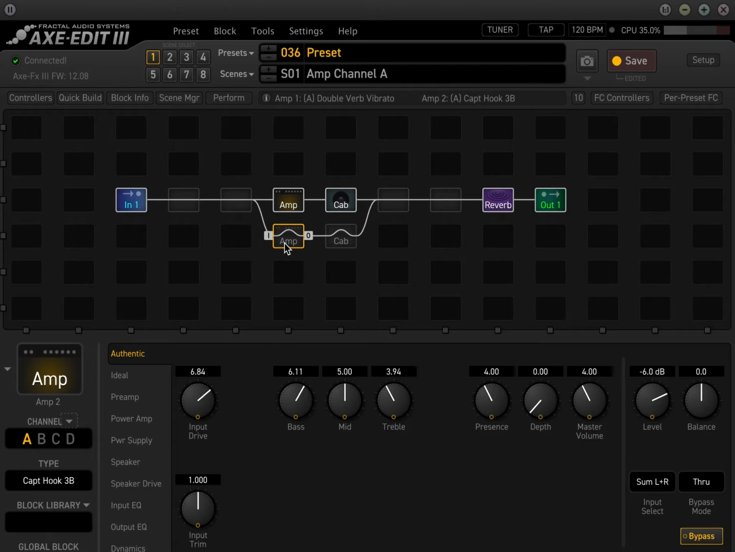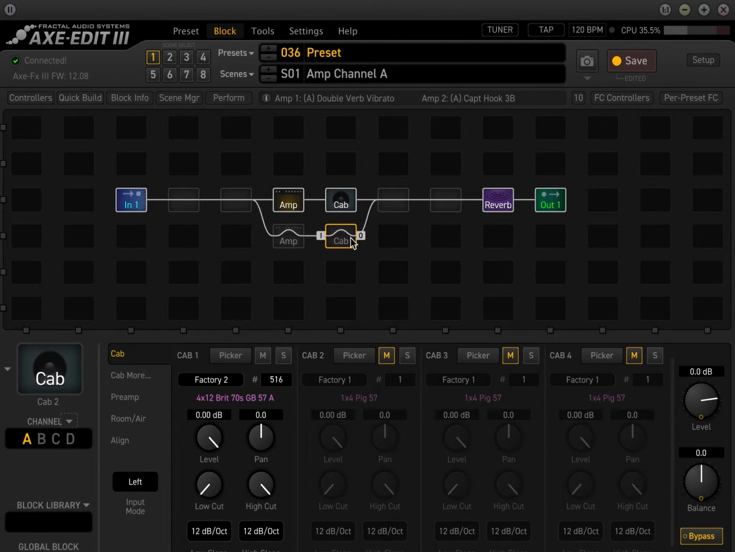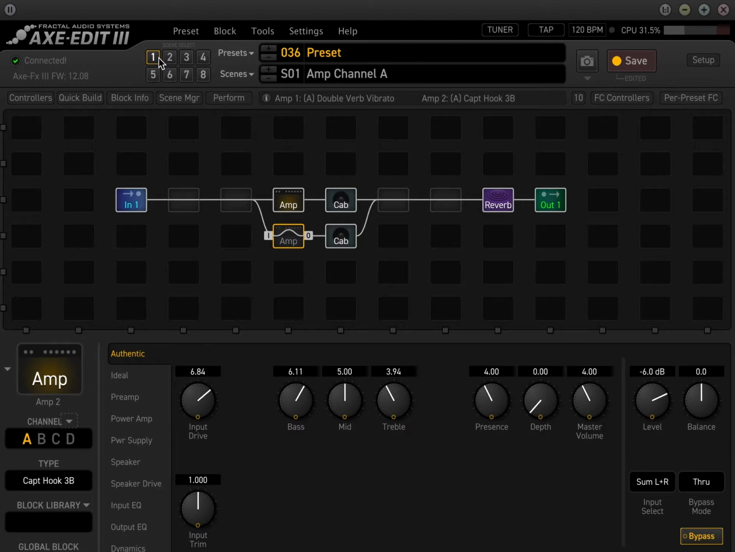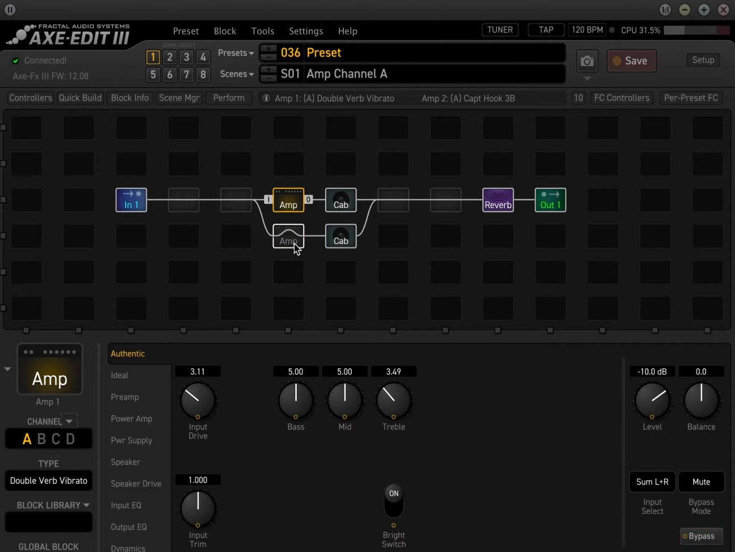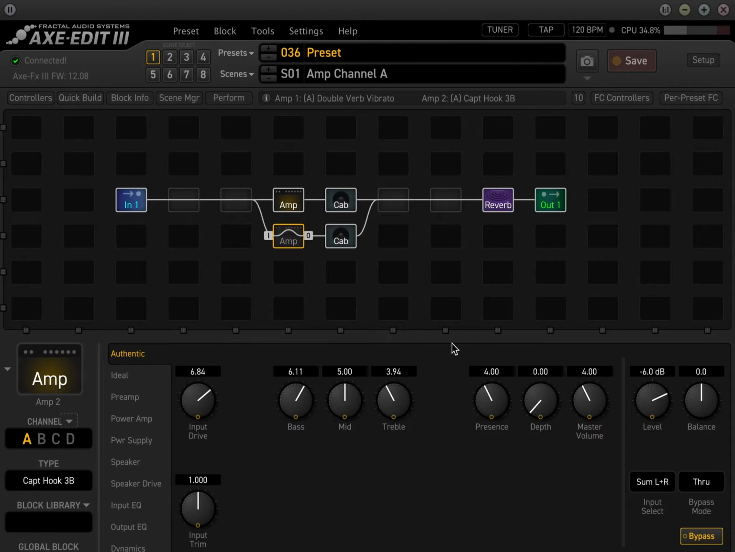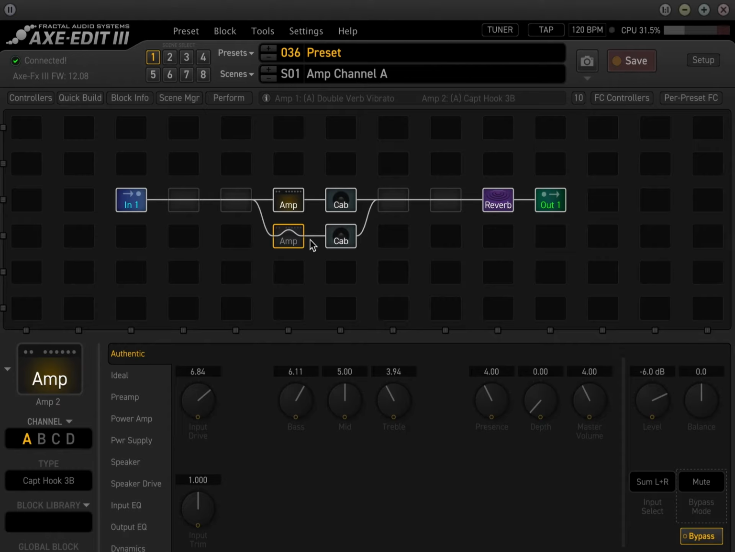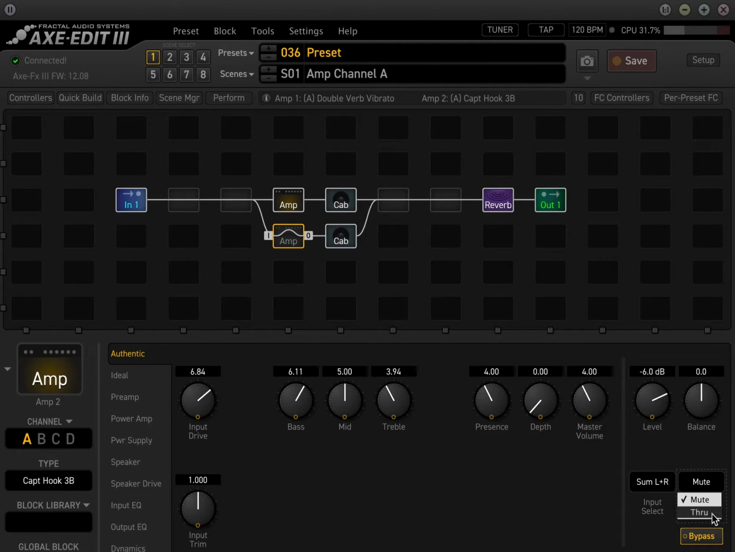And we're going to bypass the amp in scene 1. So now when I play, this is going to be my clean sound. And because we put the bypass mode to mute, it's going to mute the output from this. Because if you put the bypass to through, it's going to send a DI signal into this. So you're going to hear a mix of clean and DI, and you're also going to get more level. So you definitely want to make sure that this is mute